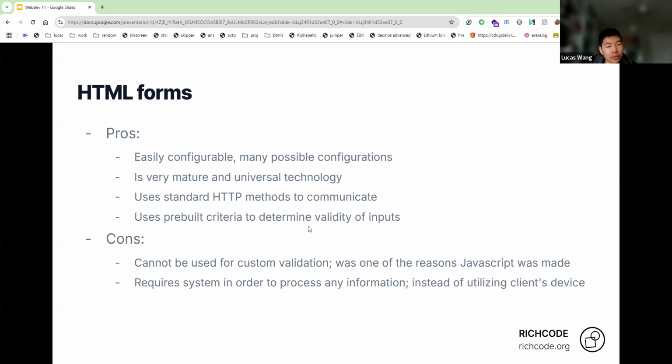So some pros of HTML forms are that they're very easily configurable and there are many possible configurations. For example, if you see a Google Form, like if your teacher uses it for some tests or you're filling out a survey in Google Forms, for the email option, if you type in something other than an email, then it's going to say something like, okay, this is not a valid email. Please type in a valid email. And Google Forms actually does that using JavaScript,